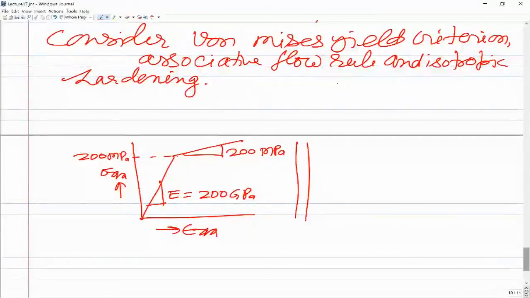Sir, one doubt. If we are taking steps for this force, then will we need more number of elements while modeling? No, you don't need. You can work with a single element. Although the solution may not be a converged solution, the assignment I am giving you is with a single element. If you're looking at the accuracy, yes, you need more number of elements. But just to practice this